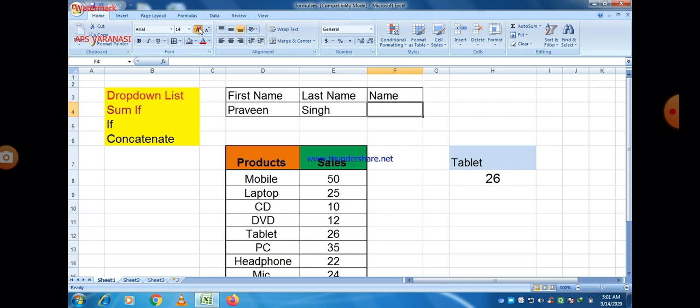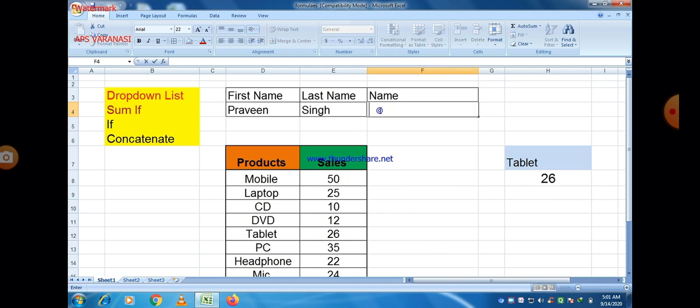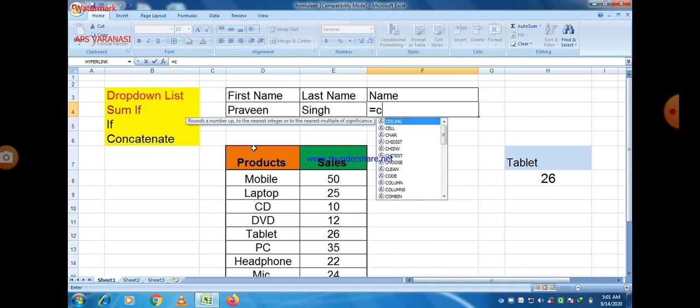As we know that all functions start with an equal sign, first of all just write equal. Okay, and after that the name of the function, that is concatenate.